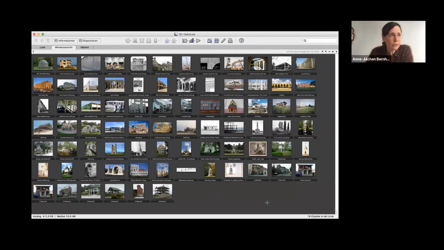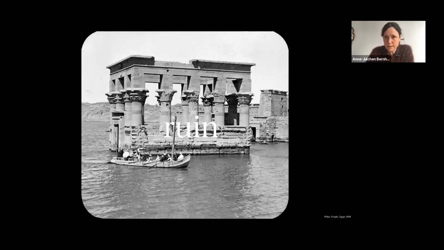So for the first part, the building is called 3D building, and it's the building that is accessible from the city layer, and you can climb up.